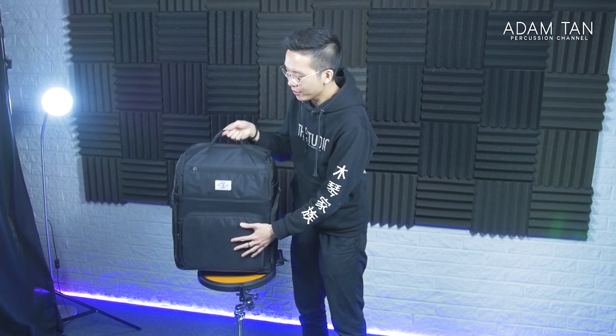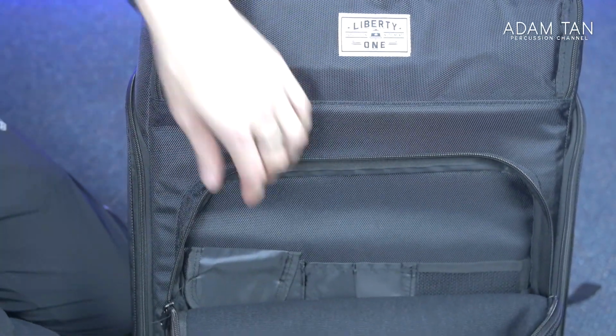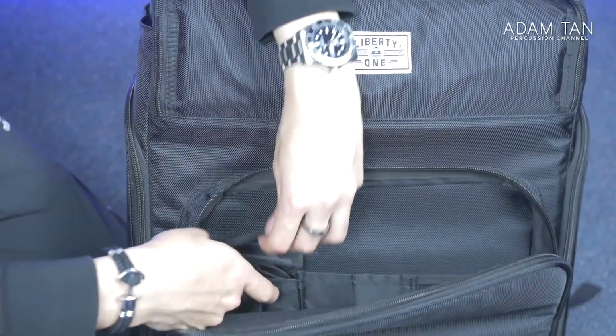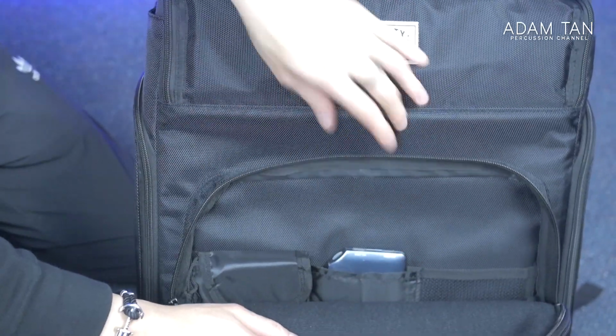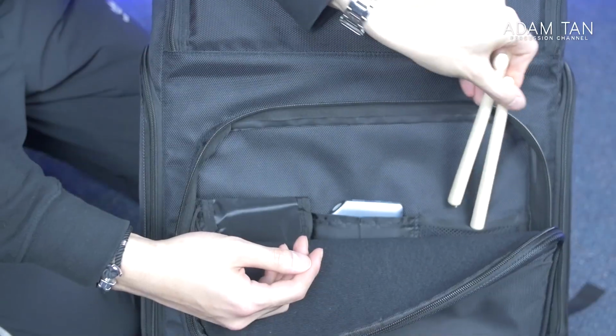And then on the front of the bag, you have a very large traditional style accessories pouch. Inside the accessories pouch, you have a Velcro pocket, which can be used to store small items that you don't want to lose. You have a normal pocket, which is shallow, which can be used to store something like a power bank. And then you have a netted pocket, which can be used to store something really small, like